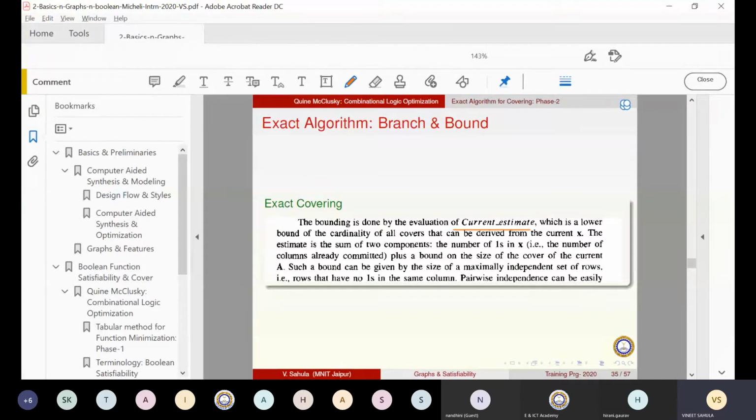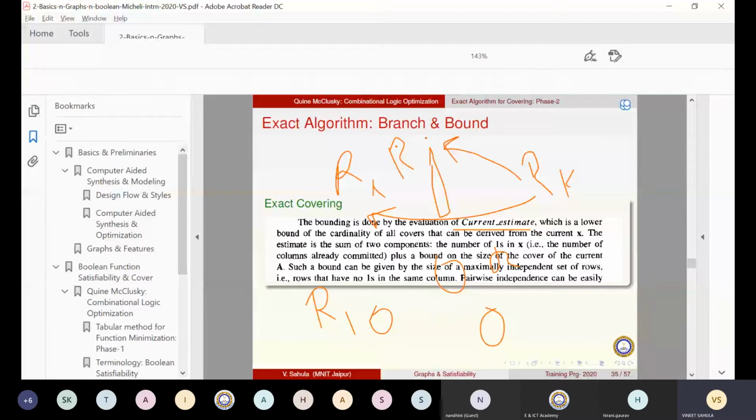If rows are pairwise independent, we can find a 3rd row which could be pairwise independent with each of them. So suppose Ri, Rj I found, they are independent. I have Rk. To bring Rk into their group, Rk must be pairwise independent with Ri and Rk must be pairwise independent with Rj. We can make a graph for that. R1, row 2, row 3. If they are independent, I draw an edge, right?